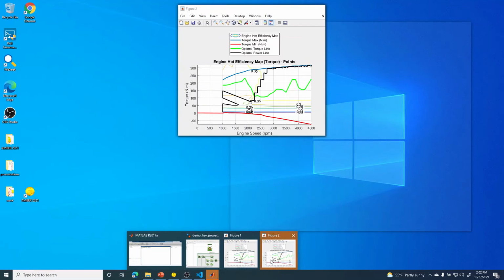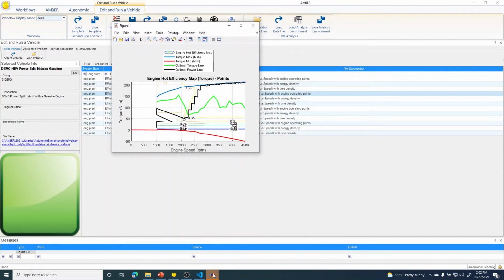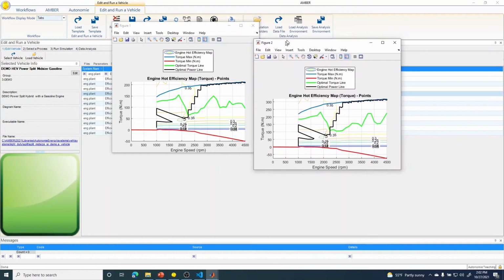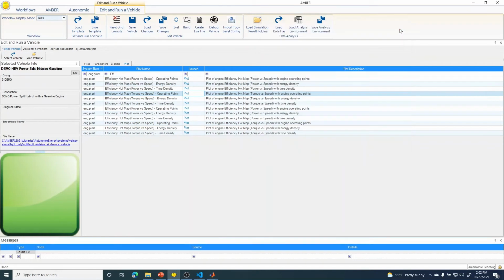And you can see the power has changed, or the amount of torque. So here you see the original torque, and then we boosted it, increased the power, so we've scaled up the torque of the engine. So now you're around 300 Newton meters, and before you were around 200 Newton meters. So you can make changes or scale the engine. You could run different scaling files and see what effect they have on the engine map before you run the